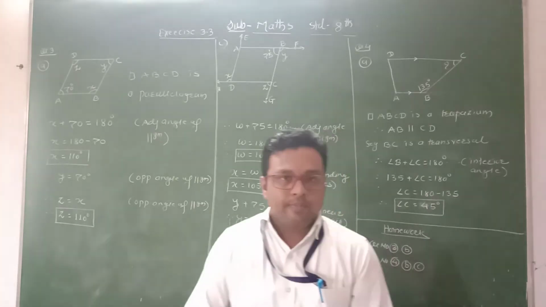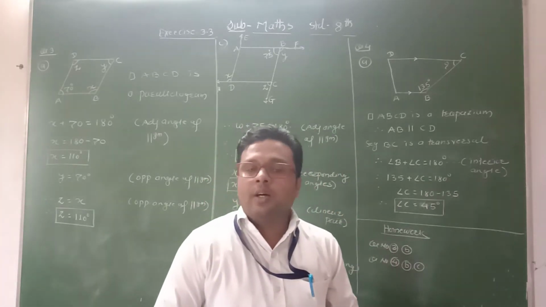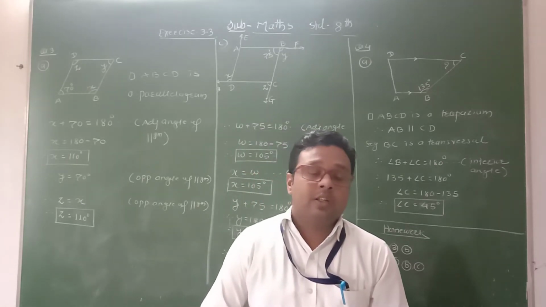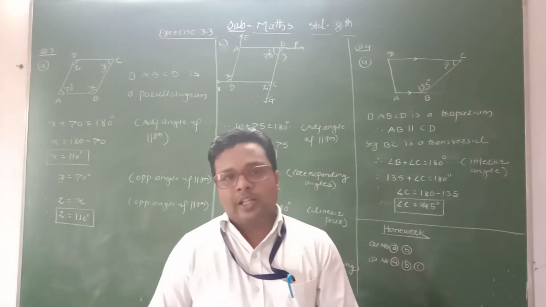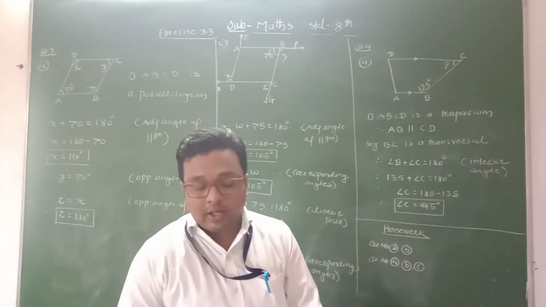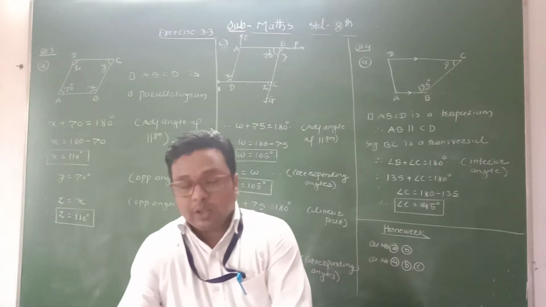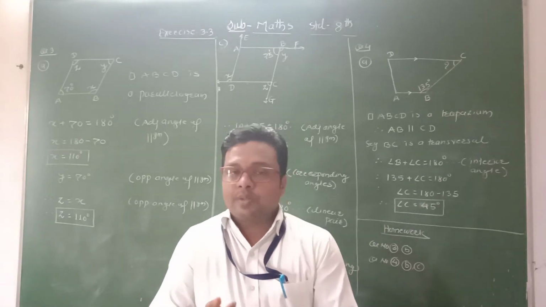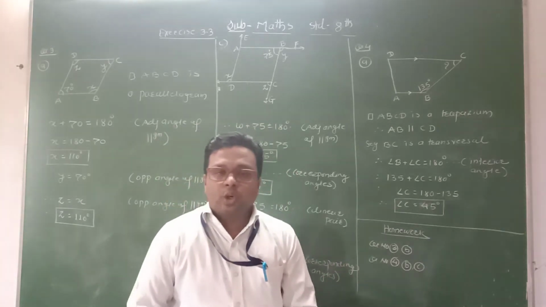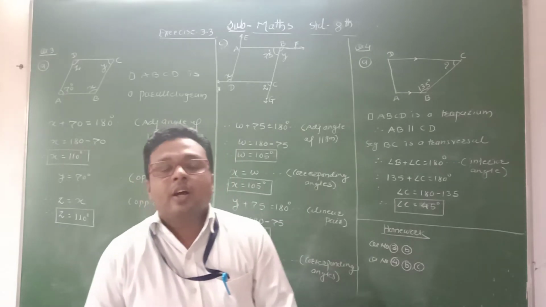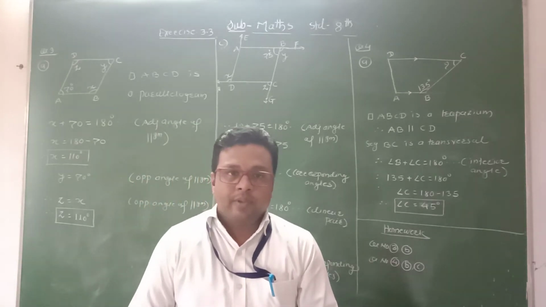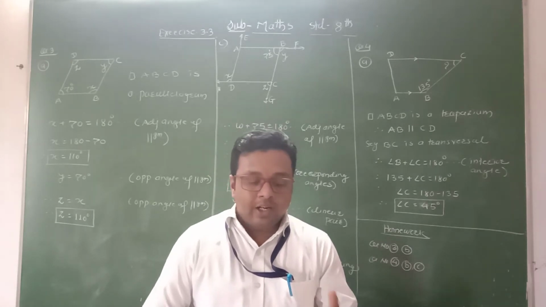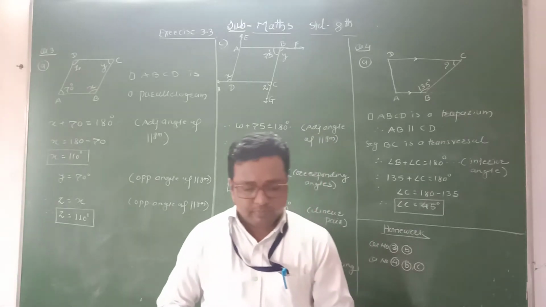Before going to the question, let me tell you the properties of the parallelogram. Okay. Now what is a parallelogram? The quadrilateral in which opposite side pairs are parallel is called a parallelogram. Now what are the properties of the parallelogram? The opposite sides of the parallelogram are equal. Opposite angles of the parallelogram are congruent. Adjacent angles are supplementary and diagonals of the parallelogram bisect each other. Okay, we already learned these properties in the previous video.